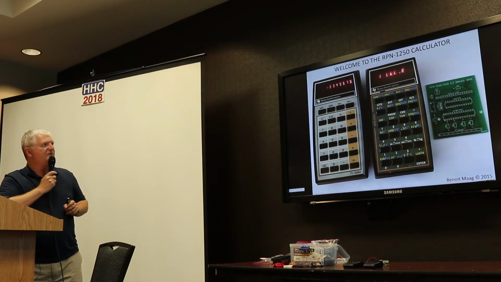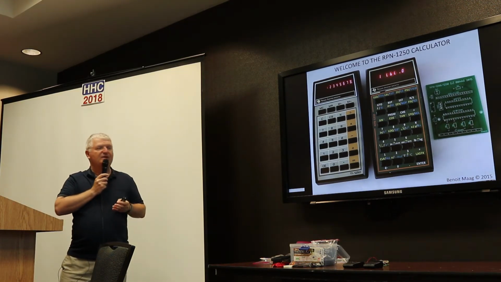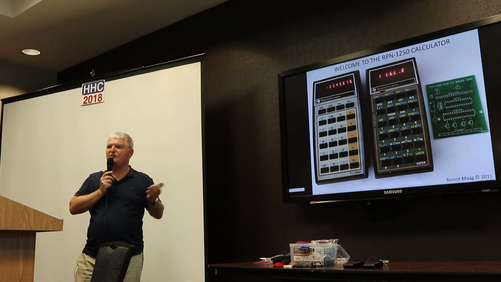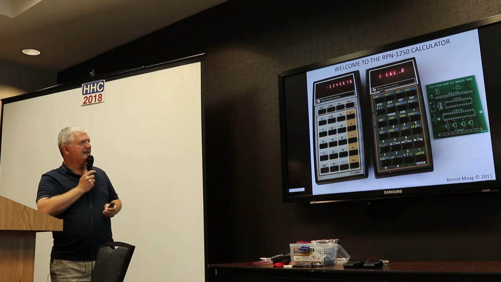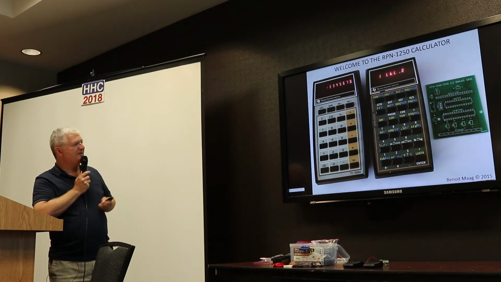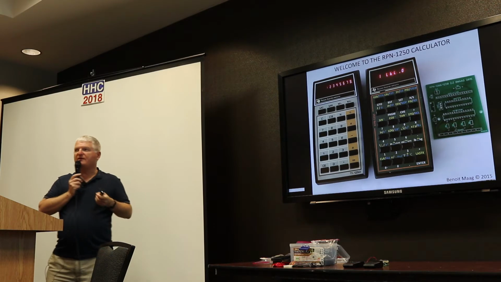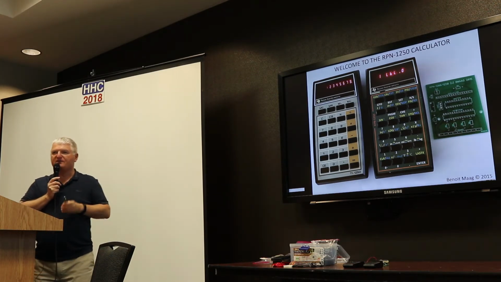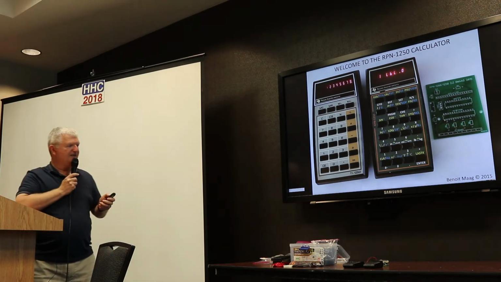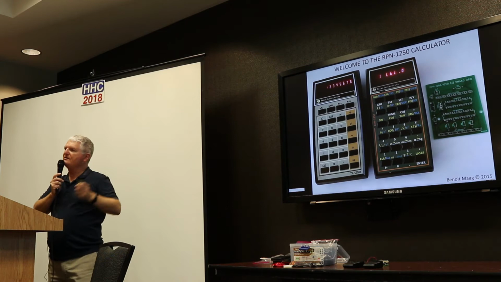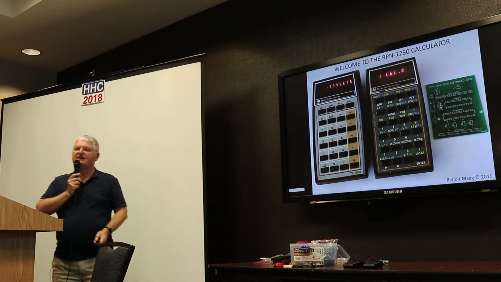So what I'm going to talk about today is the next one. It's the RPN 1250. I used the TI 1250, which has more keys, 24 instead of 17. I designed a new PCB, so it's PCB Gen 2, let's say. It is a programmable machine, fully alphanumeric, and with some interesting features, I think. So I'll go through briefly an explanation of some of the features and show you how it's made, and we'll